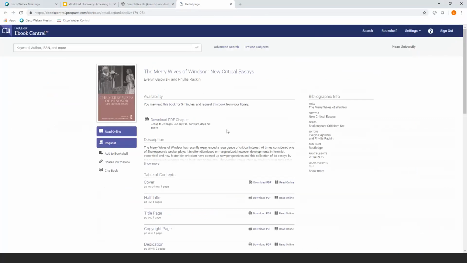Okay, so this is another ebook that comes up. This is one of the ones that you can read for 5 minutes and then request this book from our library. This will let you have a sneak preview of this book. It's a book that we don't own the digital copy of, but we can request it. And when you request an ebook from a librarian, the request goes to one of our email inboxes, and we'll see that a student has requested this particular ebook, and we will be able to either approve or deny that book request. I want to say in like 95% of all cases, we approve the book request,